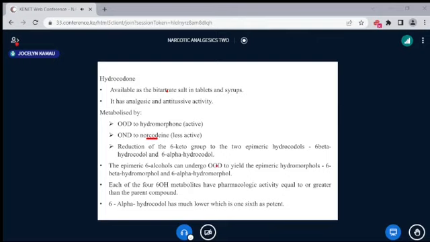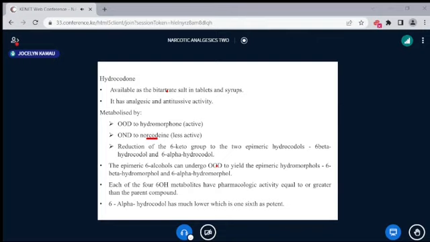If that happens, each of them will result in either the beta, if it's a beta, or the alpha, if it's the alpha. So it will give you the hydromorphols, the alpha or the beta. All we are saying is that the methyl group at position number 3 has been removed through oxidative O-demethylation to give us the hydromorphol,